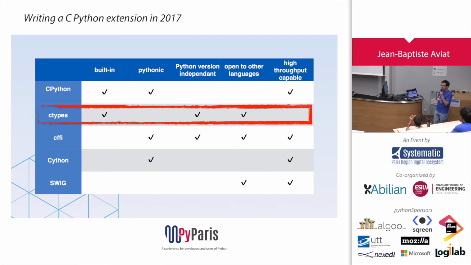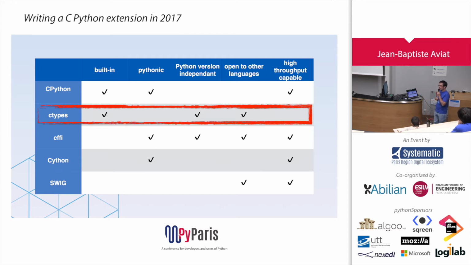Then you have ctypes. ctypes is also built in. It's not very Pythonic because ctypes is like a raw interface to C. You have the C types like void star, char star, int, float that are represented in ctypes, so you can use them in Python. So it's not Pythonic, but it's Python version independent. That's a good point. It's only C, and all versions of Python have ctypes with a very compatible API. So you can use it with any version of Python.